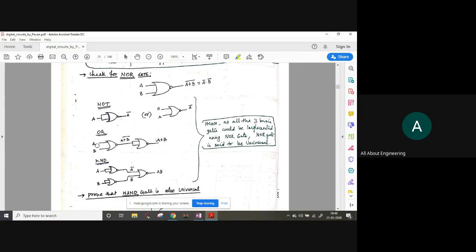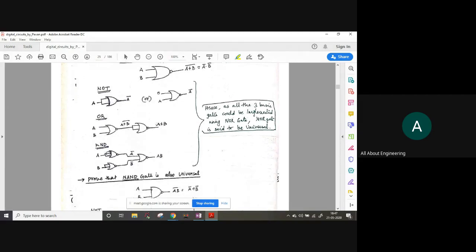Now let's check for OR gate using NOR. A and B are two inputs given to a NOR gate. So the result will be A plus B whole bar because NOR gate, right? Now again, if the same is fed to an inverter, the complement of this A plus B whole bar, again bar means you will get A plus B. So you are fulfilled with the operation of OR here. Now if you check here, you can give A to this NOR gate and you will get A bar. You can give B to this NOR gate, you will get B bar.